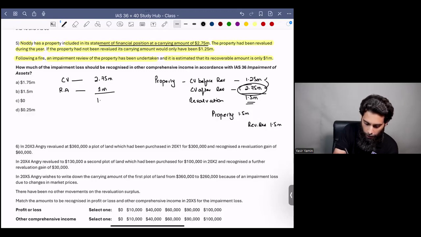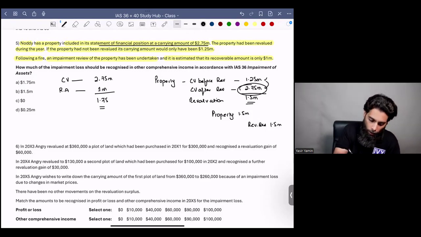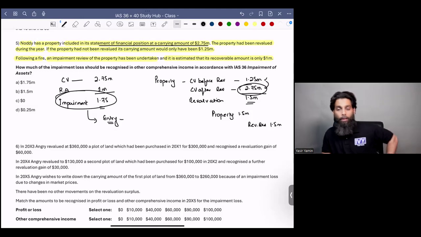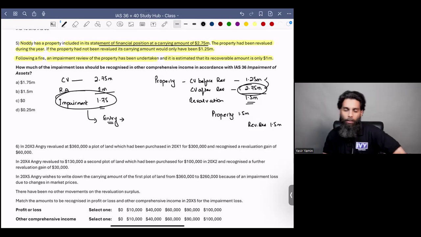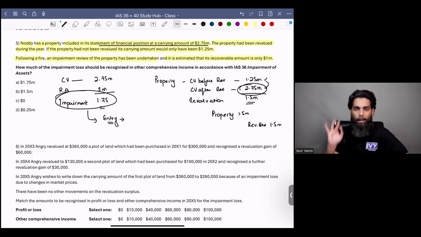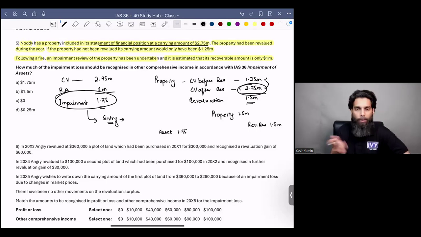So technically speaking, impairment is said to arise when your carrying value exceeds your recoverable amount. So there is an impairment of 1.75 million. Can anybody tell me what should be the accounting entry to recognize this impairment of 1.75 million? I always ask students to start with the easy thing. I am asking you to make an accounting entry on impairment, right? The easiest part in all of this is that for sure your asset is going to be credited by 1.75 million. That part is pretty much clear.